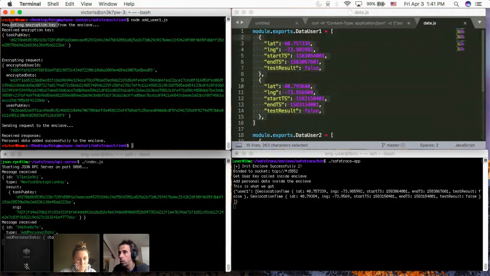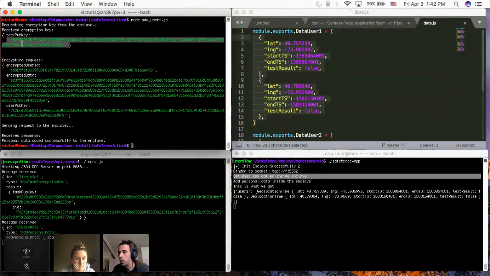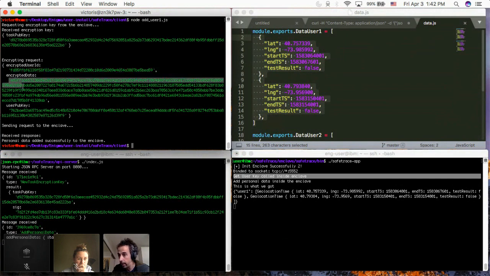encryption key from the enclave. The enclave received that request for the key and put out a public key from which the user, through Diffie-Hellman, generates a symmetric encryption key, and uses that to encrypt the user ID, and encrypt the data.